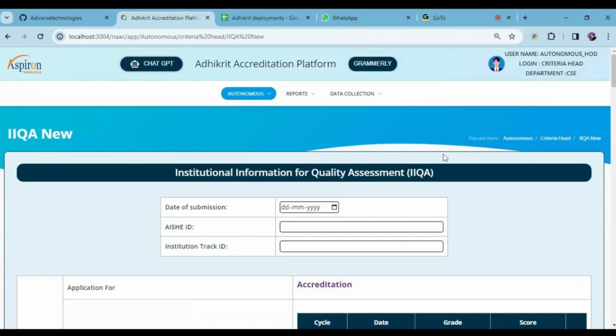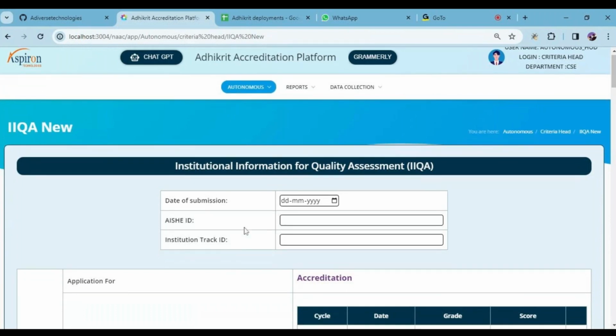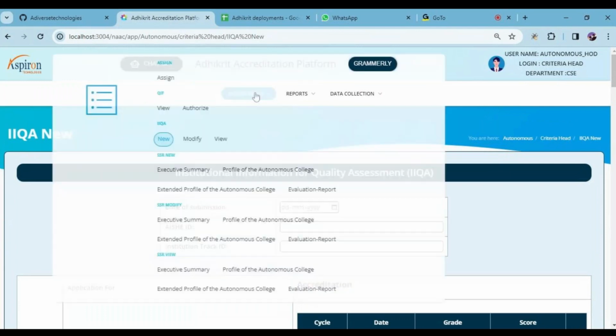So this rejection will be represented in the comment section, so that the comment will also be attached to the mail for the HOD, so that the respective HOD can work on that. So this is all about IIQA. So the next one is